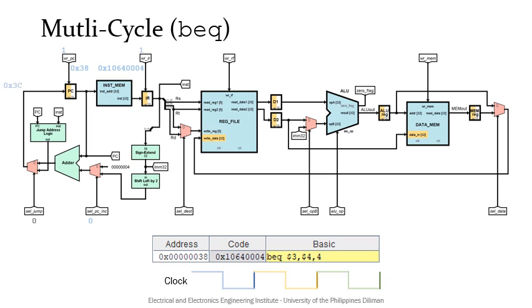Here, we demonstrate the flow of signals for a branch if equal instruction in our multi-cycle data path. The BEQ is stored at address 0x38 and fetched from the instruction memory with the help of the PC. At this point, we still don't know that the instruction is a branch instruction, but we just proceed by simply incrementing PC by 4 either way. At the end of the first clock cycle, PC is updated to 0x3C and IR is written with the BEQ instruction. At the second clock cycle, the PC does not care what is at its input, since write PC is deasserted on the second clock cycle. The same is true for IR, with the write IR deasserted.